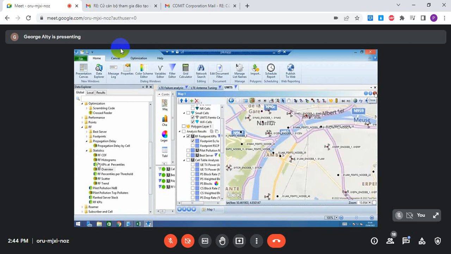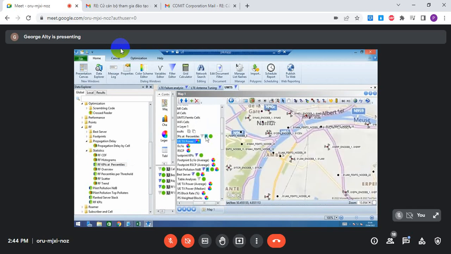Just close that one down. RF KPIs at percentiles. So again, this is similar to the RF KPIs, but this is going to show me where my cells are slightly better. So this is the percentile value. If it's better than the particular percentile, then it'll show those cells. In this case,